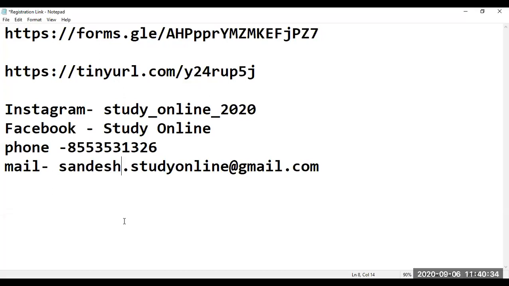Which API is best to develop the app? You can use any API, but if you're using Python, I think using Django REST API you can develop the application. There is a technology called Django REST API, and using that you can develop the application.